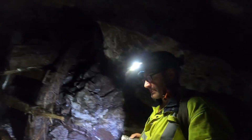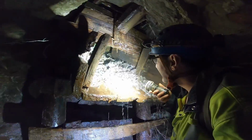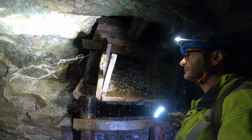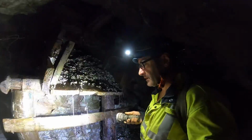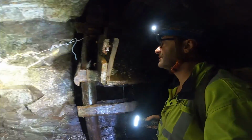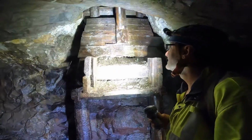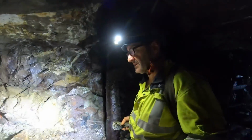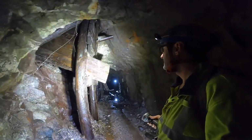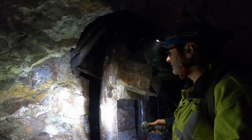Really stunning amount of ore hoppers, and obviously they were exploiting very clearly the quartz vein above us, and dropping all the ore down the ore hoppers and onto mine carts, and out it goes along the main haulage level. But we have an incredible amount of them, which tells you that there was a substantial amount of mineral exploitation in this mine. And they're all made out of wood,